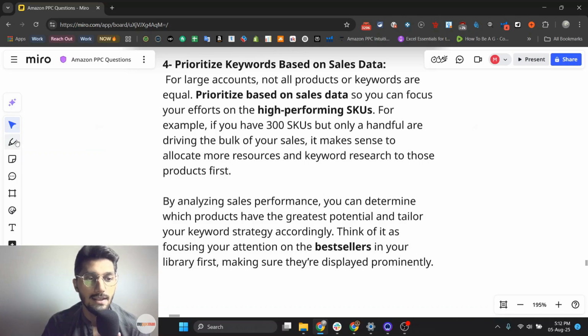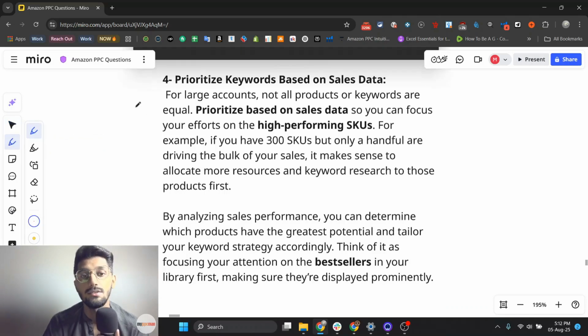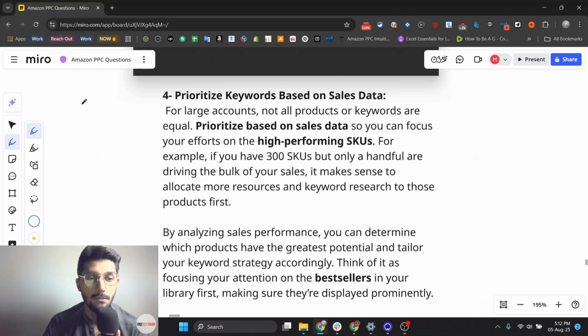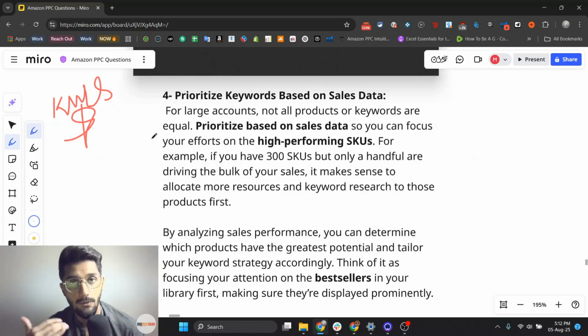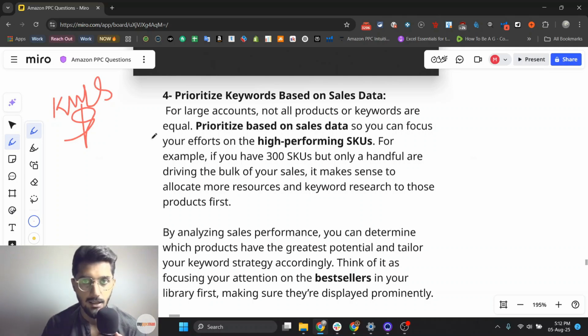Prioritize keywords based on sales data. This is really important, because these are the keywords which are actually making your brand thrive. So these keywords are more crucial than any other keywords.